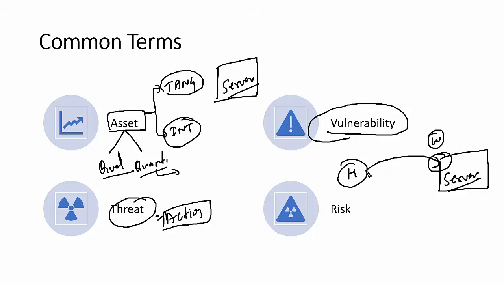He used the opportunity to exploit the server, gained access to the server, and gained access to the sensitive data, and that is the negative impact on the organization. It means a hacker hacks into the system and there is a disclosure of data, and the company has to answer for that impact, and that leads to the overall risk. So the summary is that the hacker is a threat, the vulnerability is a weak password, and risk is the overall impact which the company faces.